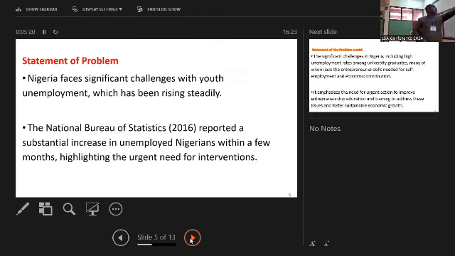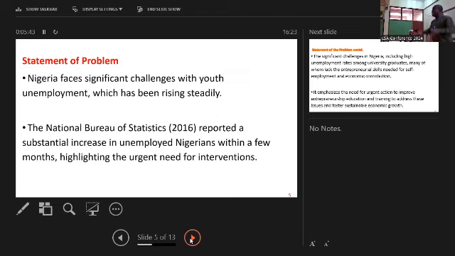Second problem. Nigeria faces significant challenges with huge unemployment, which has been rising steadily. There was a time I was watching the telly, and there was this young man who just sat down and started thinking of bringing forth cars, engines.